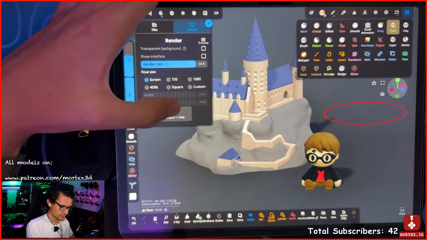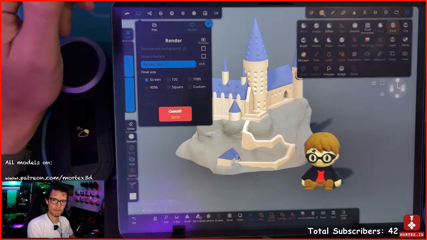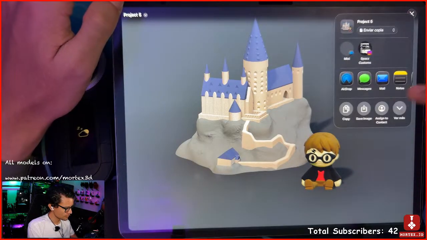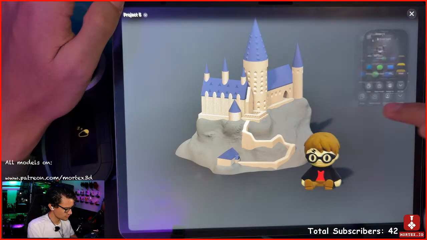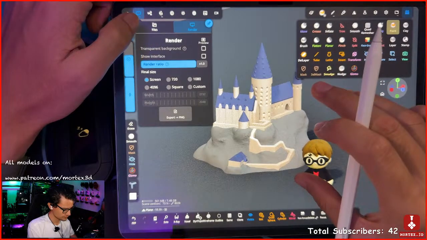Okay, let's do a render again. And save image. Well, that's